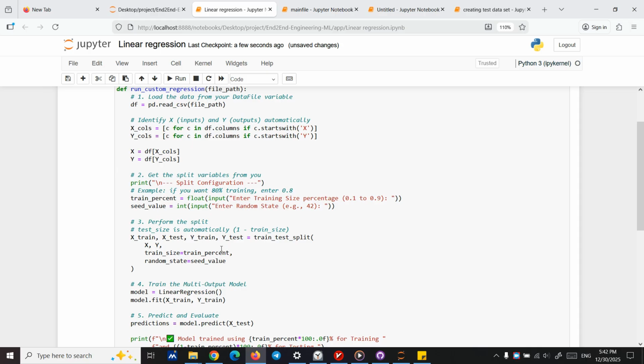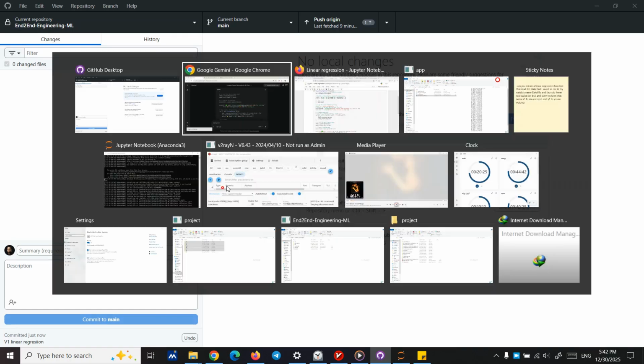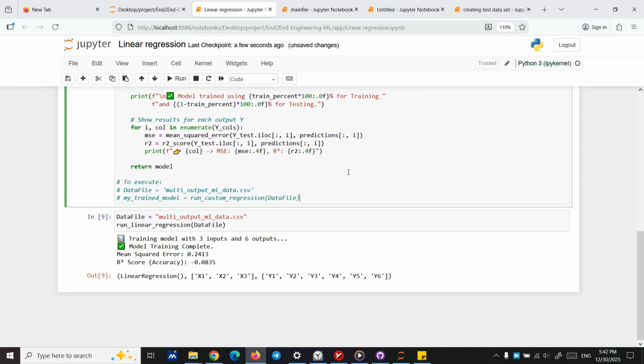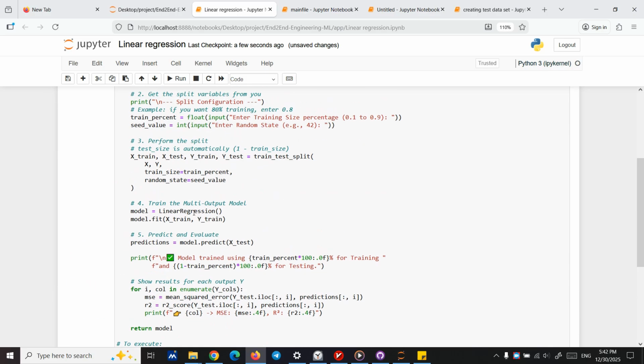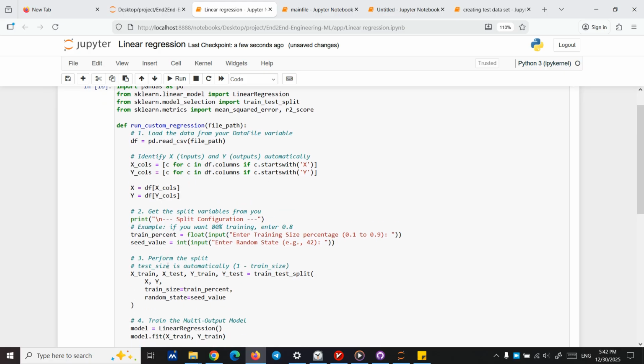Oh, I didn't copy that. Let me just copy that. Paste it here. Run it. Let's see what the problem is here. It's going to